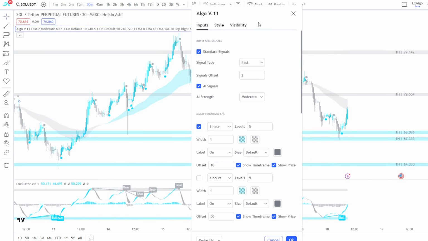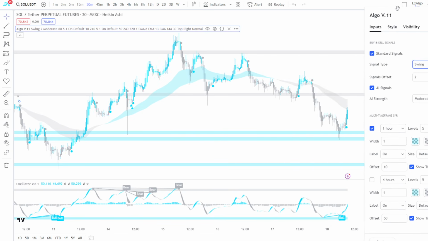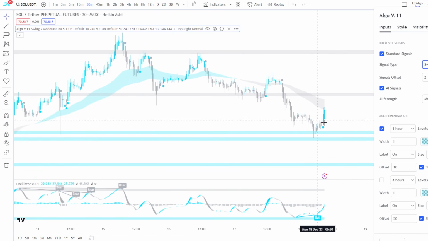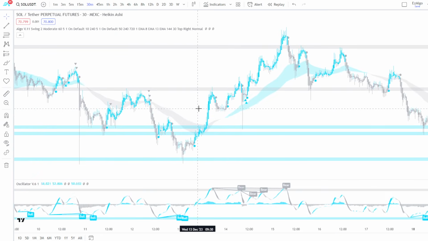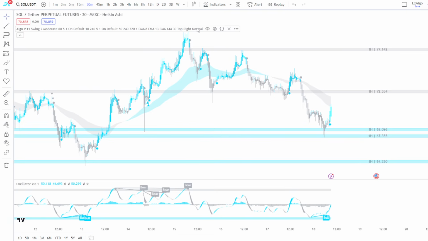And finally, the last option, which is the swing option. So this is for swing trading on a higher time frame. A 4-hour and above time frame is kind of what you want to be using the swing signals for. You can use it on a lower time frame, but as you can see, the signals are a little bit more delayed, so it waits for a little bit more confirmation. However, if you're on a lower time frame, you might miss a good portion of your entry just by waiting for that signal to confirm. But you can see overall, the signals are very, very smooth and very, very accurate,